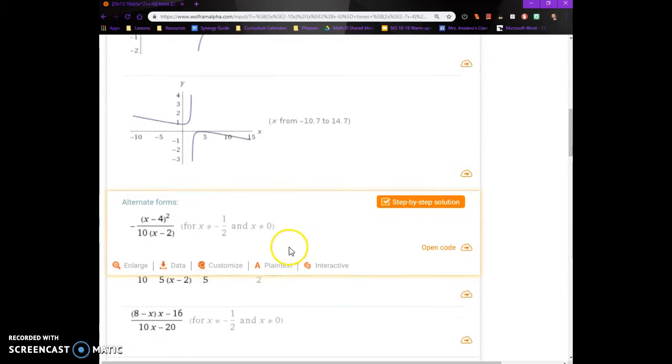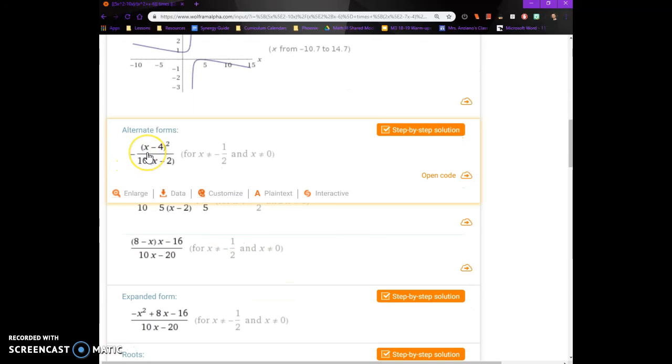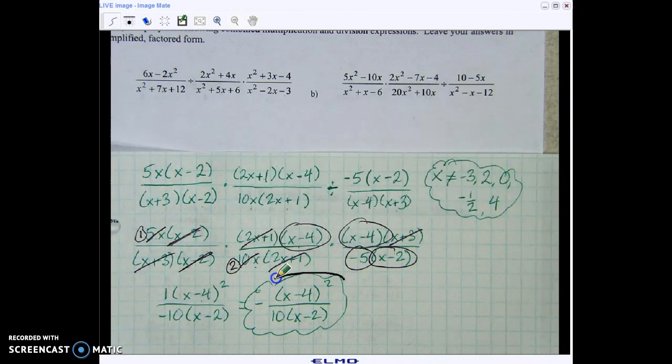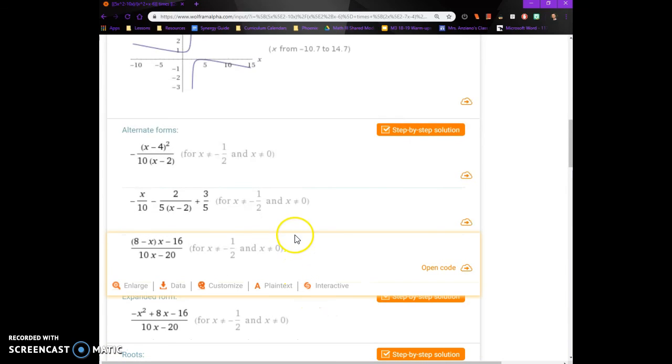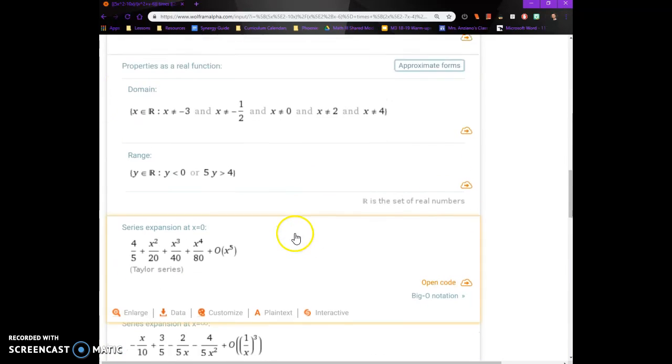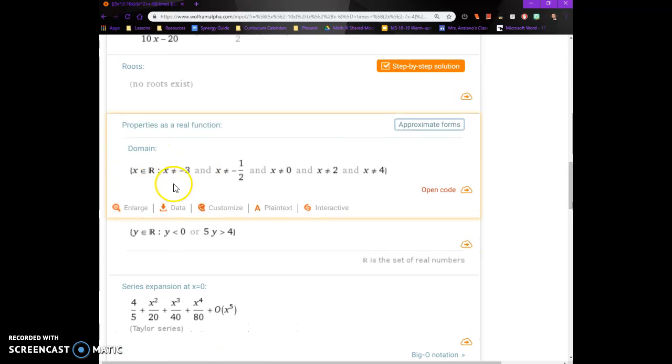Okay, so let's see what it looks like for our answer. We have negative x minus 4 squared over 10 times x minus 2. Is that what we got? It sure is. Negative x minus 4 squared over 10 times x minus 2. All right, now we look at the domain restriction, and it says right here, in the domain, we cannot have